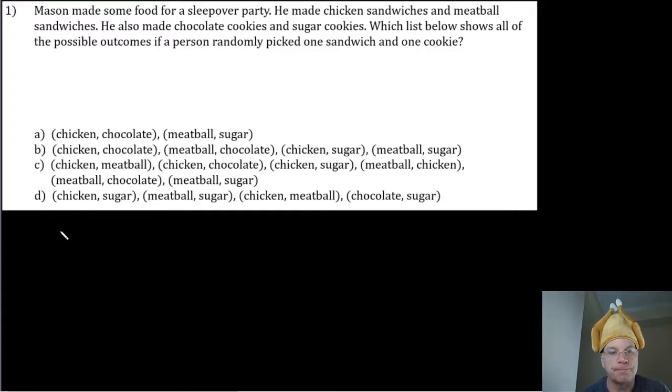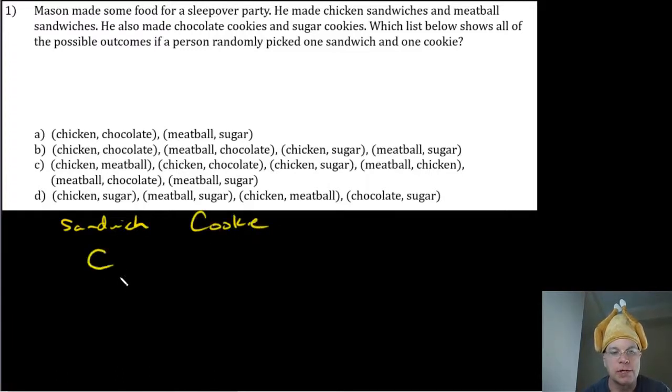So this type of problem involves sample spaces. We started the probability portion of our unit on sample spaces because in order to determine what the probability is, you need to understand all of the possible outcomes. And so if a person could pick one sandwich and one cookie,